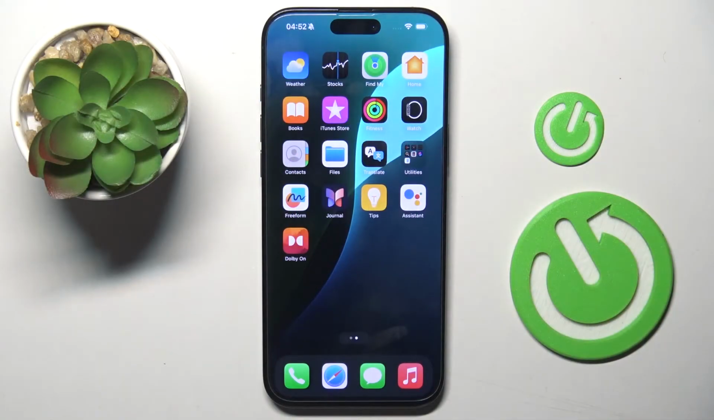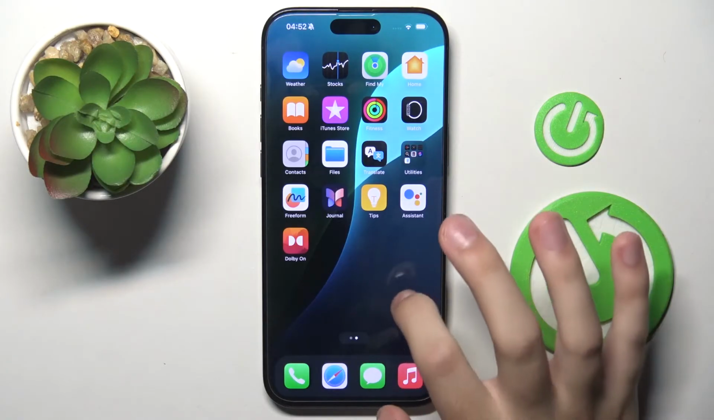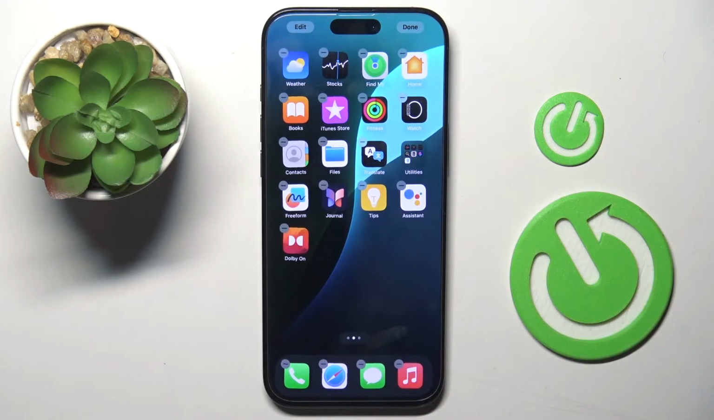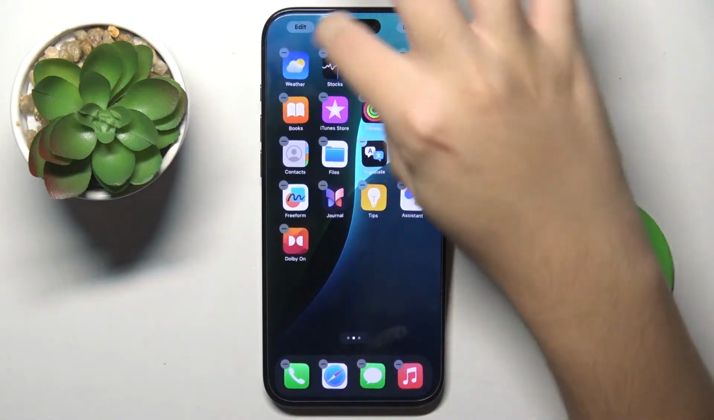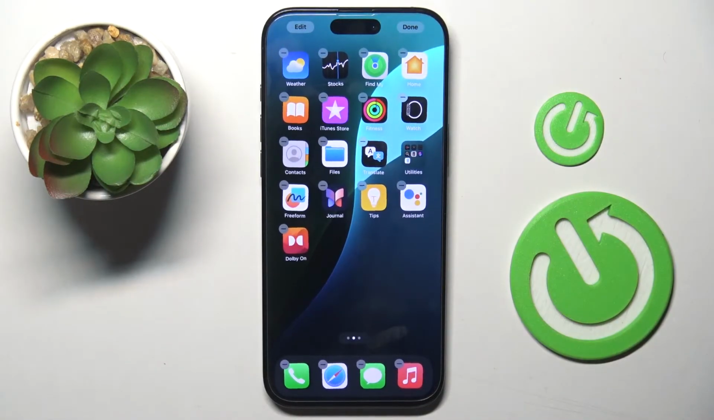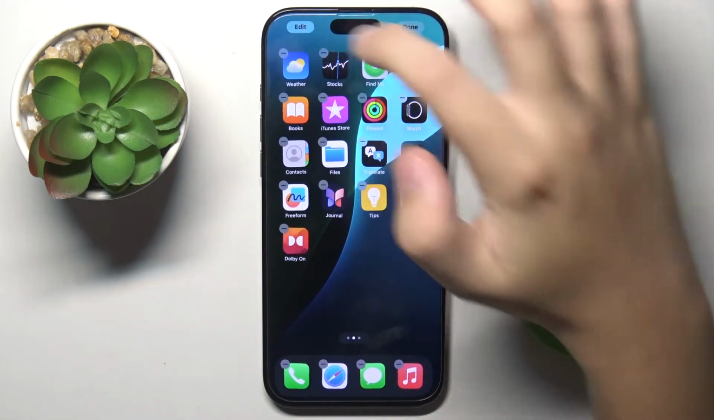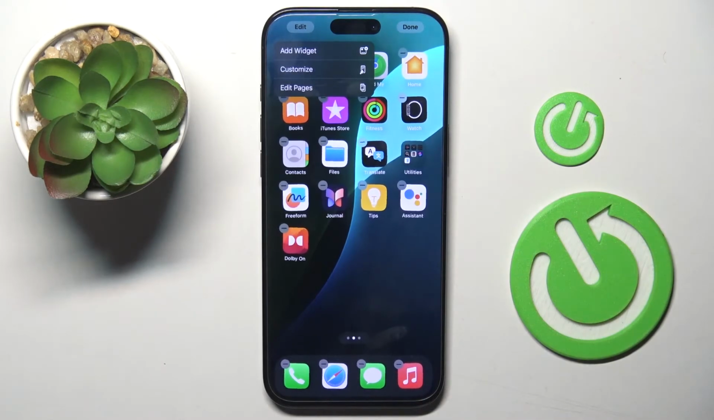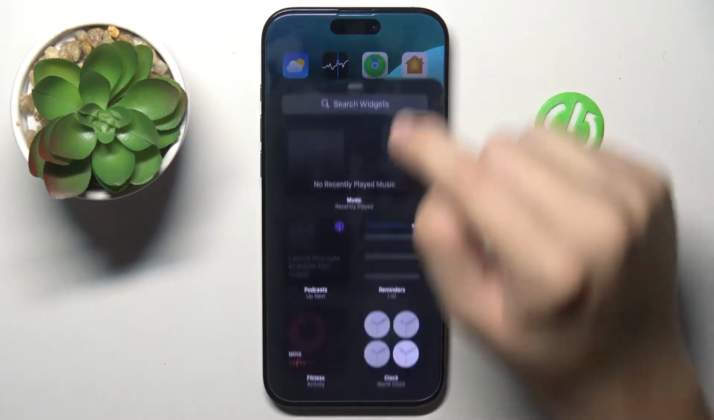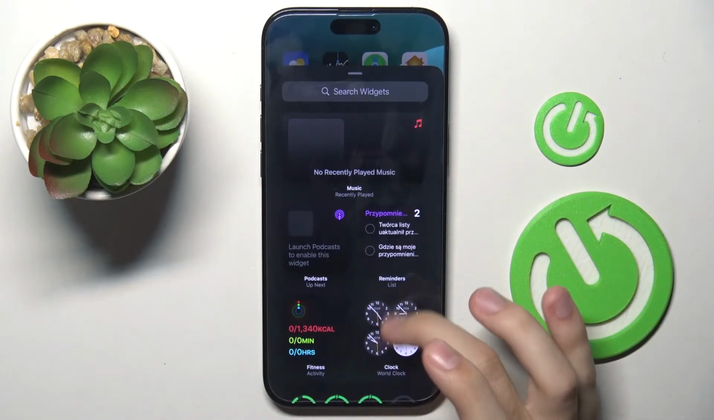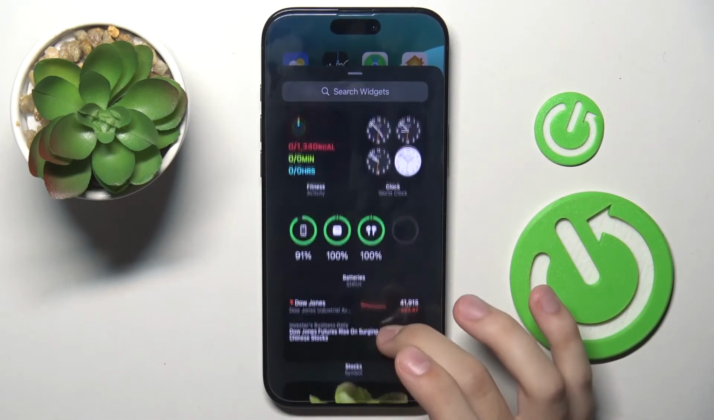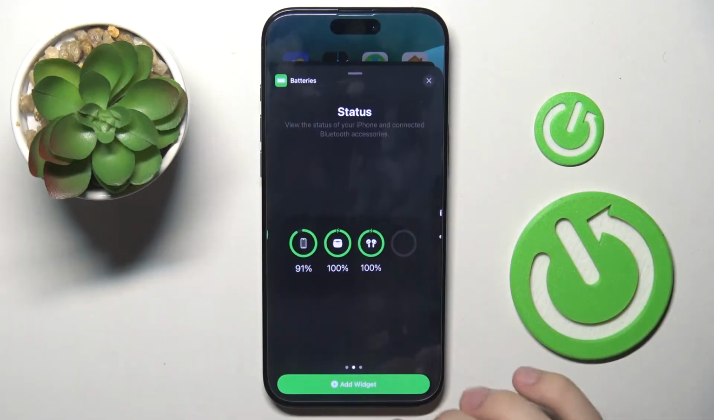Alright, so firstly to do this we have to hold on our wallpaper like this, and now as you can see right here in the left top corner we have an edit button. So we have to click on this button, and here as you can see we can add a new widget. So now here we have to choose a widget, for example this one,